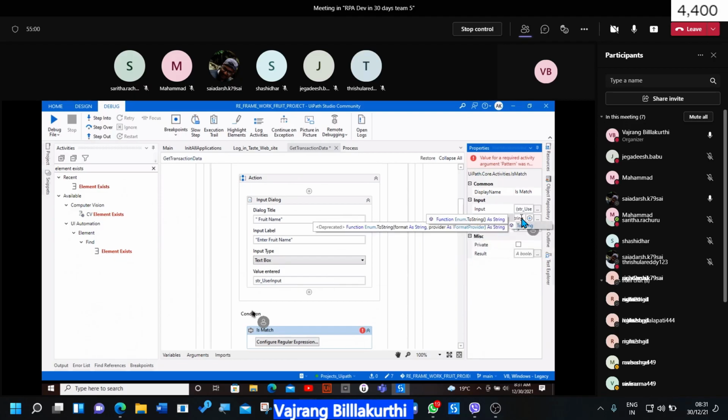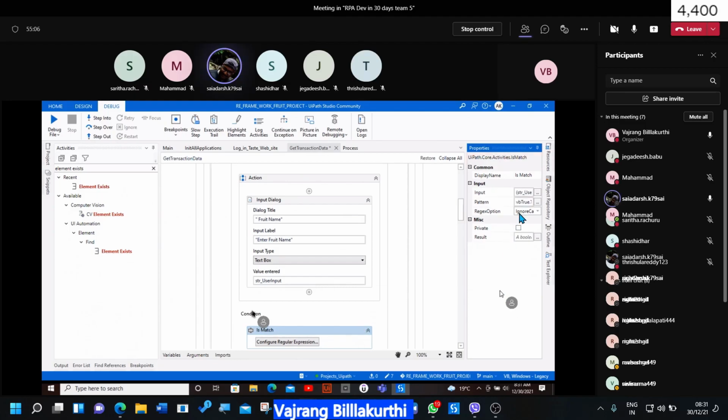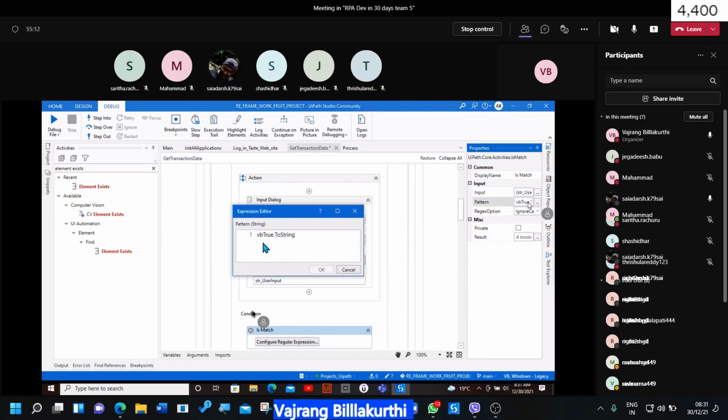But if you match true with true, this will be a true statement. If you want to retry, you should match true with false. So the input is empty and that is matching with false, so it will retry again.